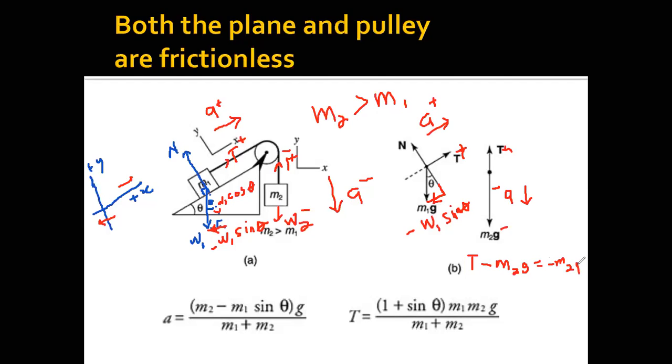And the next one, for this side, you have the forces: tension minus W1 sine theta equals, this time positive because A is positive, M1A. So these will be the two equations which you'll be using to find this acceleration, and then the